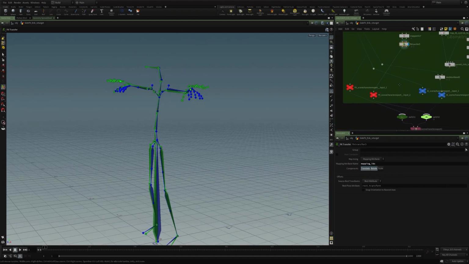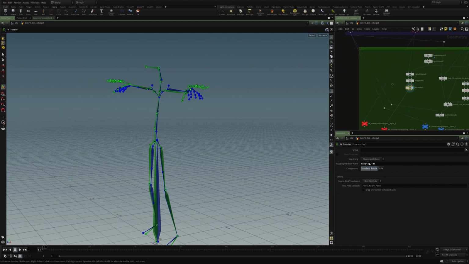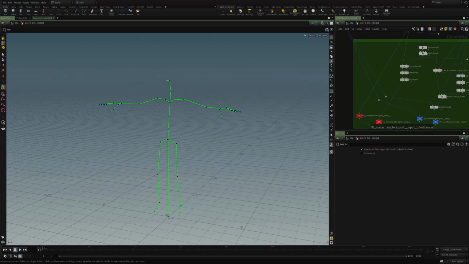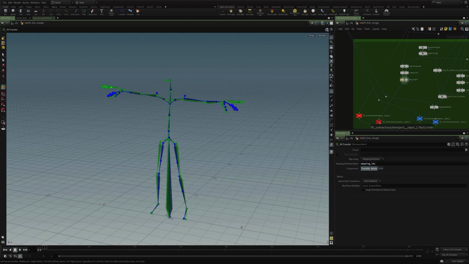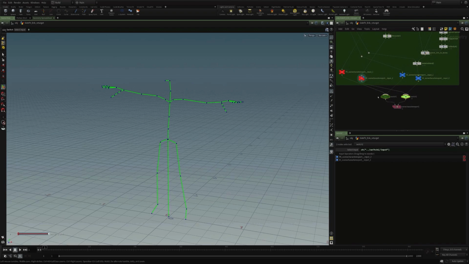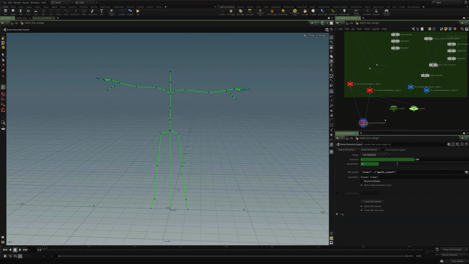And then from here, we're going to take our FK hierarchy here, and the result of our FK transfer here, and we're going to feed that through these two switches. These are here just so that I can show the FK transfer and the IK transfer using this switch. But what we're really looking at is just that. So in our scene character export, I'm doing the same things that I did in our simple examples,